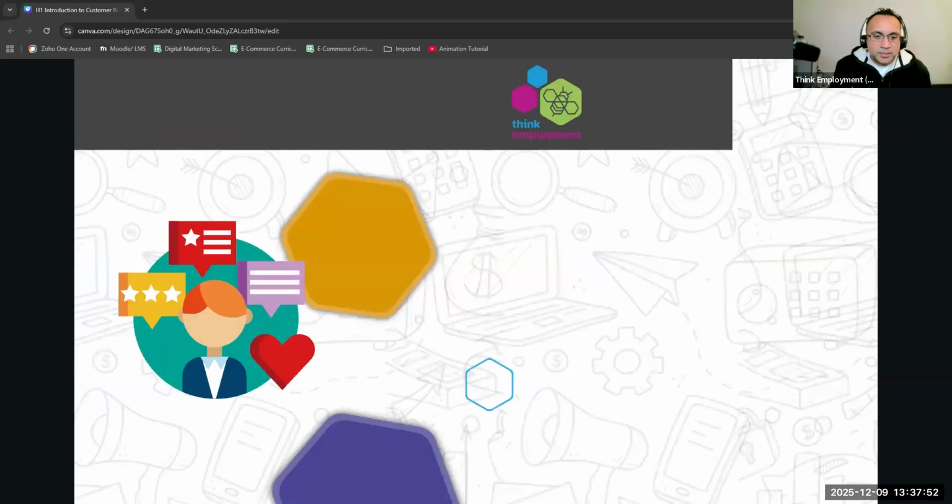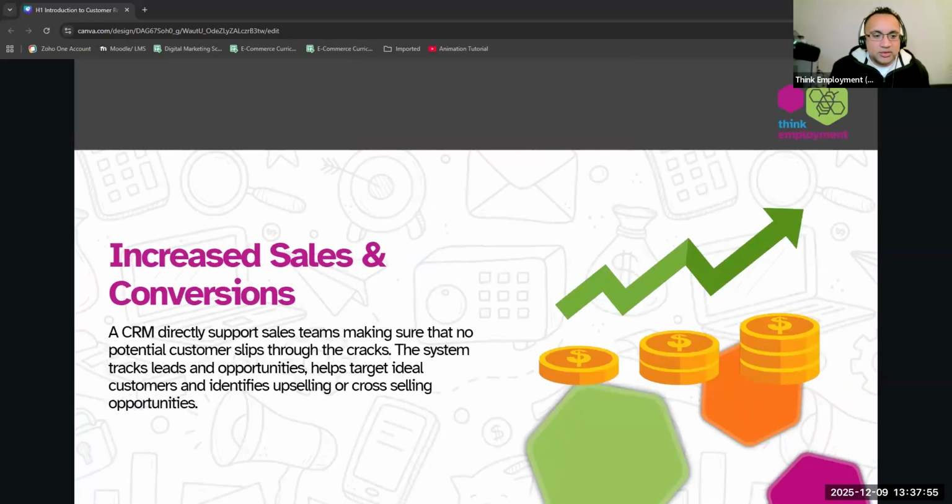When it comes to increased sales and conversions, basically the CRM, you're directly supporting the sales team. So the sales team obviously making the sale, but then you have to think of any upsells. You got to think of how a potential customer could slip through the cracks. So if you're tracking leads, like customers who haven't bought but are likely to buy, okay, maybe after seeing a few more products or maybe another visit to the website, you can keep track of them, and it helps you to target